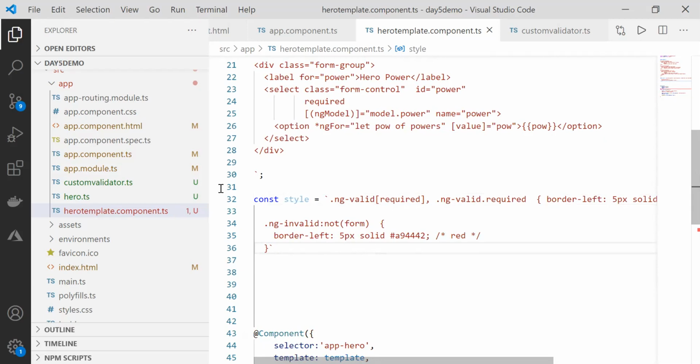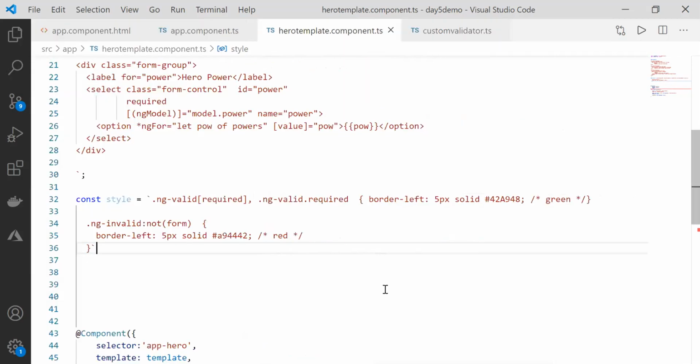Okay, for ng-valid required. So here you see that template-driven forms give you some classes like ng-valid, required, then ng-invalid. So you are saying that if it is ng-valid and required, you are making the left border green. If it is invalid, you are making that red. Okay, so here file save, and if you run this,